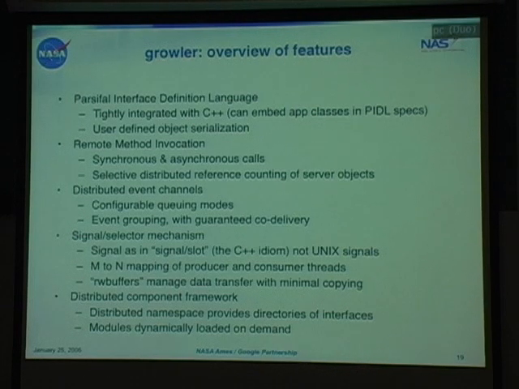Many of our distributed systems rely crucially on events. Typically, these events have large data payloads. These are typically updates from a running simulation. That's a very common case. And when those events show up, you need to intercalate them into your interactive graphics loop. That's a common situation. And so we have a very sophisticated signal selector mechanism that allows us to assign the